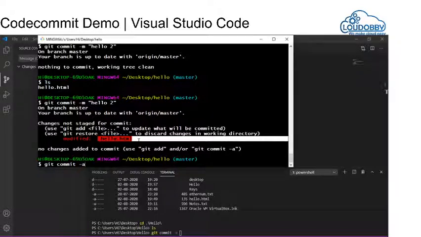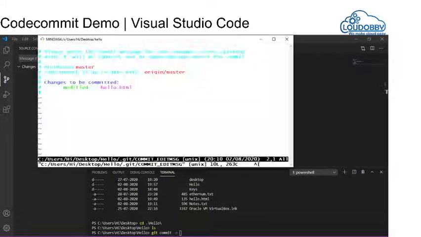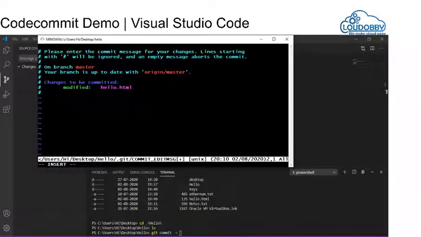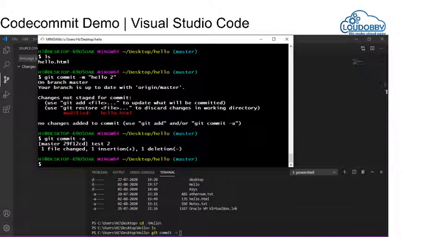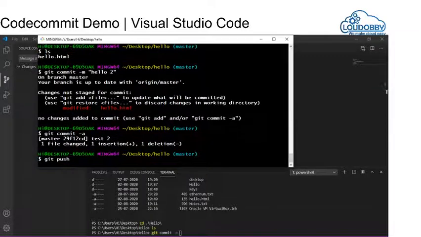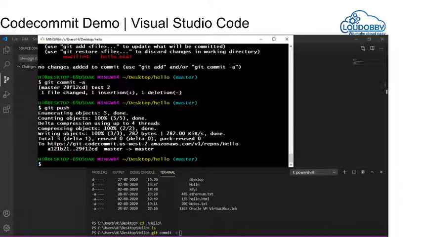So git commit all, and I am giving a commit message, which is test 2. Now I am saying git push. You can also use git status. So these are the basic commands.